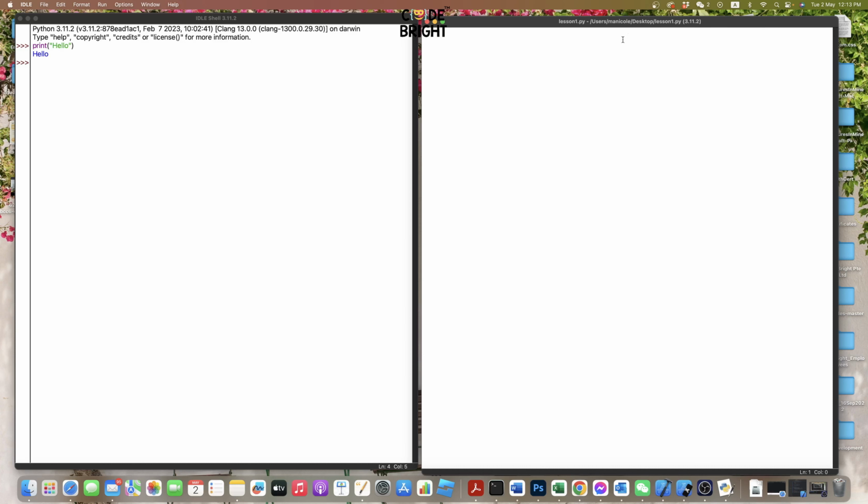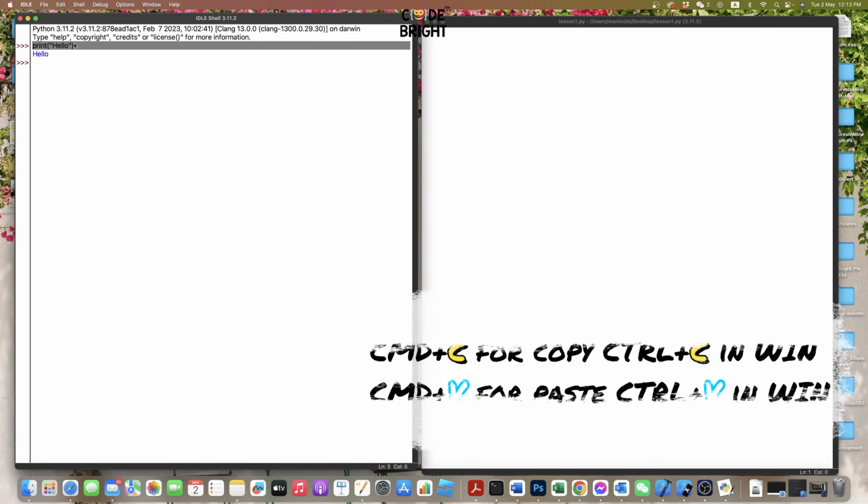Okay, so how do I run my code in the shell window on the left hand side? Let me teach you another technique first: copy and paste. Highlight whatever you want to copy and press Control C for Windows, Command C for Mac. To paste after you copy, it's Control V for Windows, Command V for Mac. Here we go. So you don't need to type it yourself,